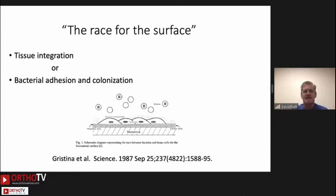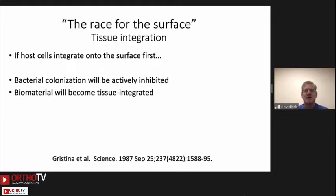In 1987, Gristina popularized the concept of the race for the surface following introduction of an implant. In this race for the surface, either there's tissue integration or there's bacterial adhesion and colonization. If the host cells integrate onto the surface first, then bacterial colonization will be actively inhibited, and the implant or